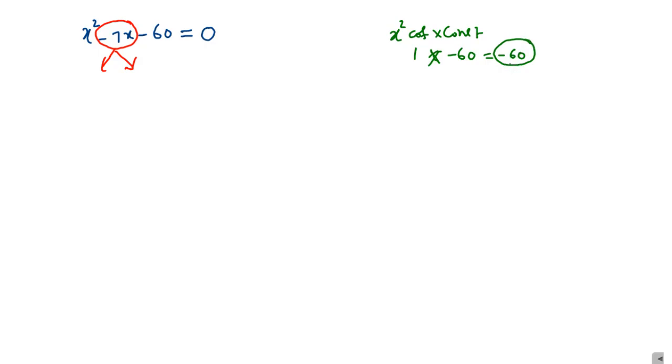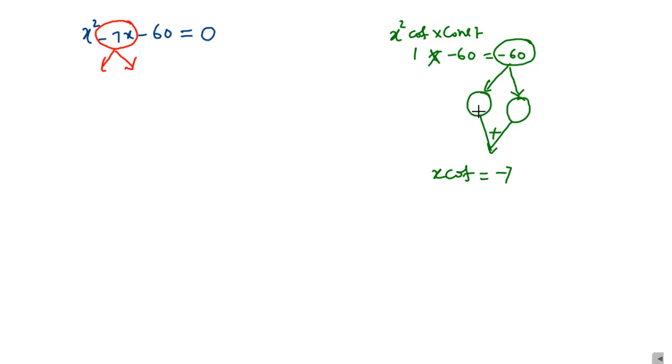So here we get the product as minus 60, and we need to take a suitable pair of factors for minus 60 such that the sum of those two factors must be equal to x coefficient. Here what is x coefficient? It is minus 7. Now what are the suitable pair of factors for minus 60 we have to take here, so that the sum of those two factors must be equal to minus 7? We want minus 60, so here the product is minus 60.